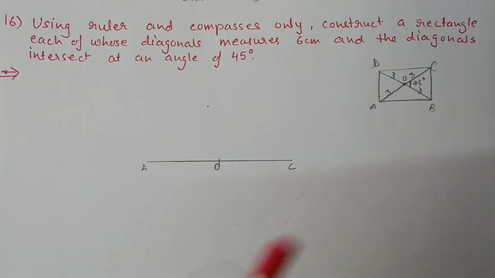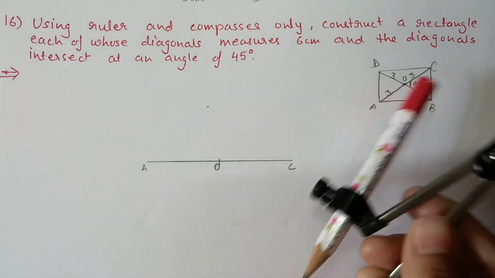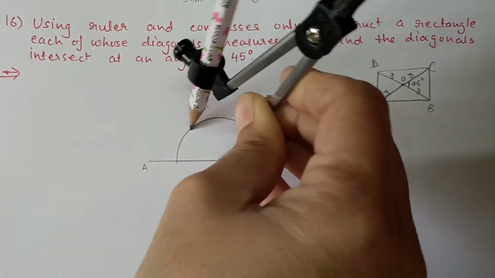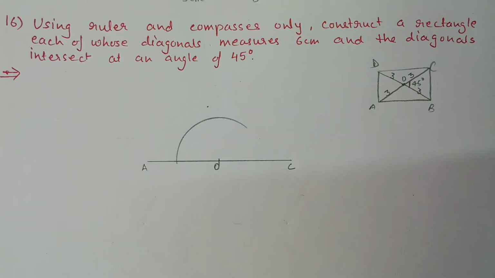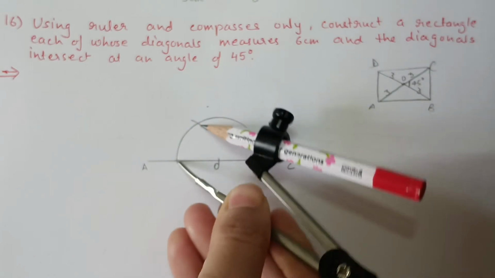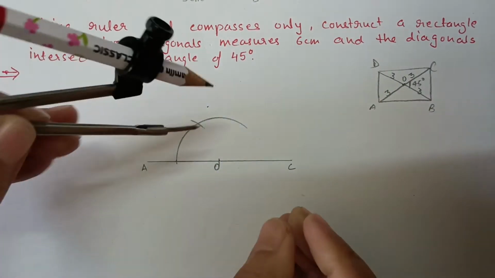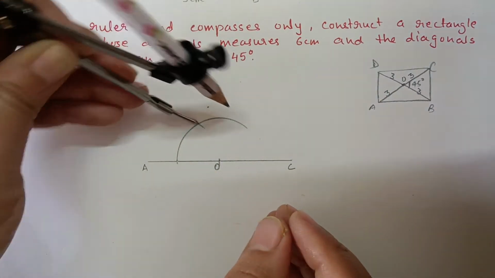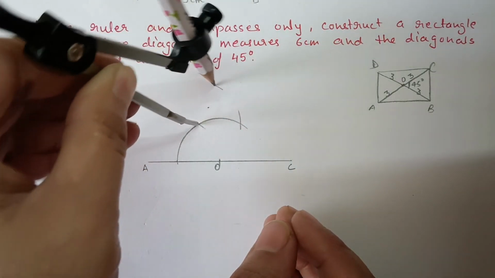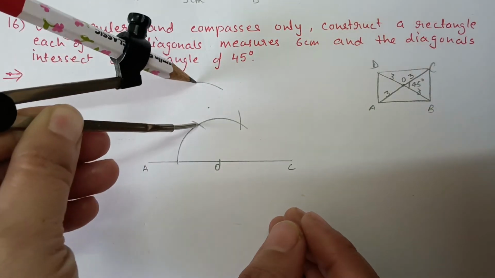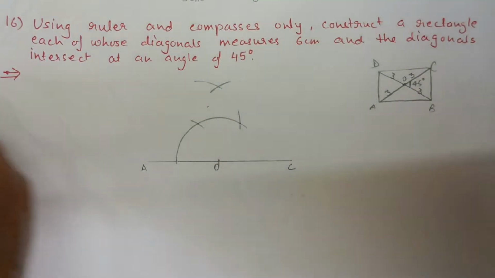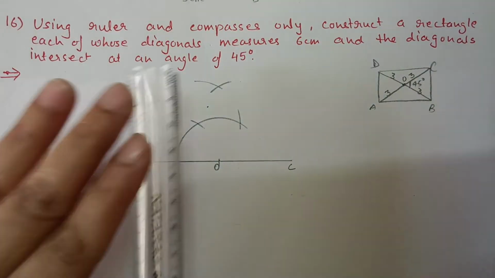At this point we have to construct a 45 degree angle. You can construct in any direction, this direction or this direction, it will be the same. So first for 45 degree we have to draw 90 degree. First semicircle. From here the first arc will be 60 degree, the second arc will be 120 degree. Then from 60 put one arc, and from 120 degree another arc. Like this we will get a 90 degree angle.